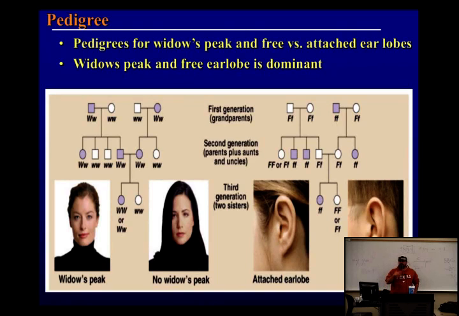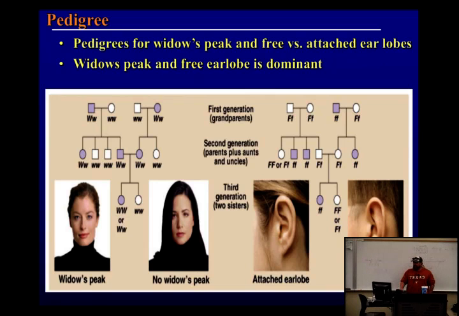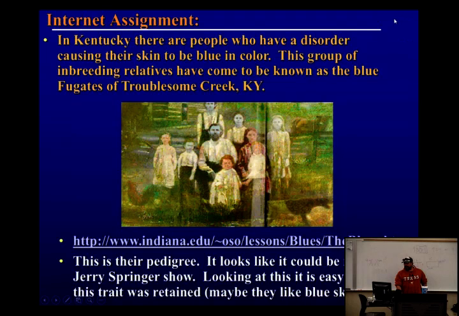So if you had a parent that had colon cancer, you might want to get screened before you're 50, like most people. Or if you have a history of breast cancer, right, you might want to get screened for the breast cancer gene and so on and so forth. So that's what they're getting at. But you could find out what your probability is of having it based off of a pedigree. The only way to really find out is to do genetic testing.